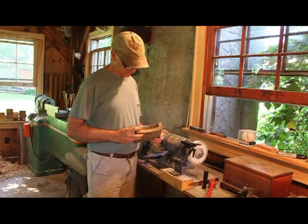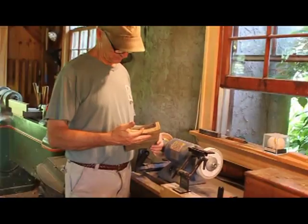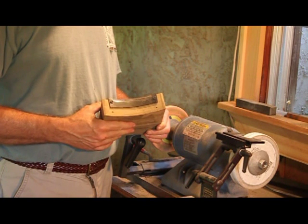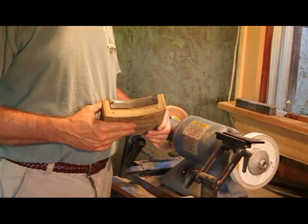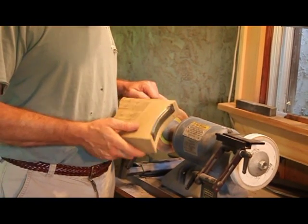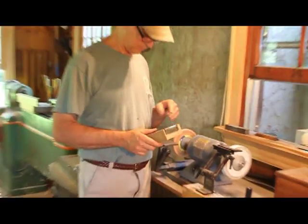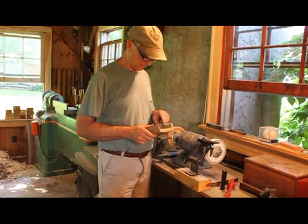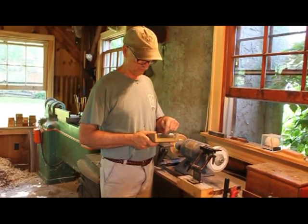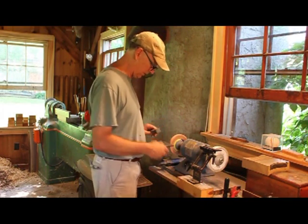So I've got the blade mounted on this thick block of poplar that Andy cut out to the curvature of the blade, and then attached to it so the bevel is pointing this way, and that's going to enable me to put it on the tool rest and grind it. First thing I need to do is crown the wheel, so I'll be cutting right in the center point. I do that with all of the tools that I grind, but it's real important with anything that's convex like this, for the obvious reason that you need to be cutting on just one point right in the middle of the wheel. So I'll take this carborundum stick and